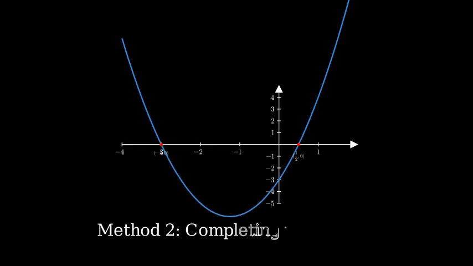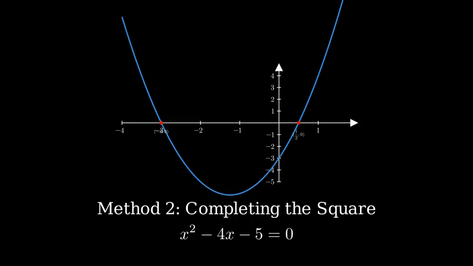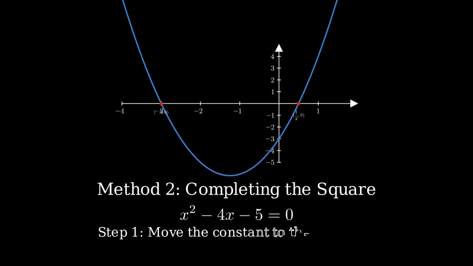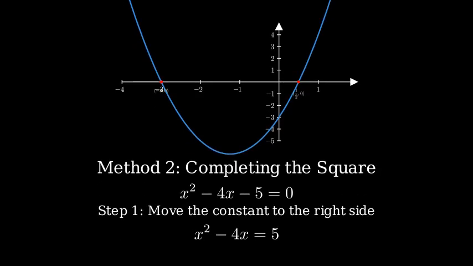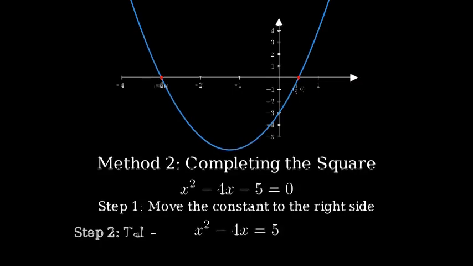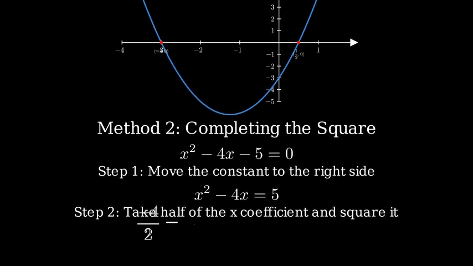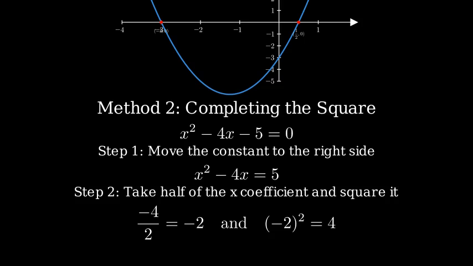Our second method is completing the square. This method is useful when the quadratic equation cannot be easily factored. Let's solve this example: x squared minus 4x minus 5 equals 0. Step 1. First, we move the constant term to the right side of the equation: x squared minus 4x equals 5. Step 2. To complete the square, we take half the coefficient of x, which is negative 4 divided by